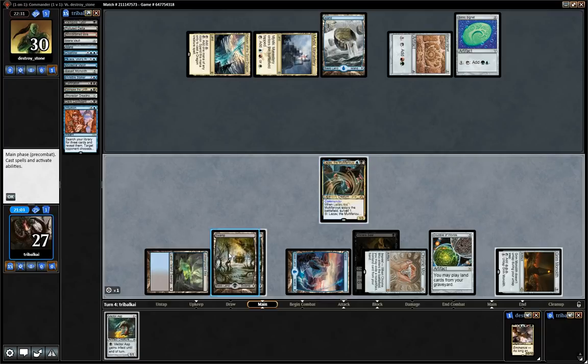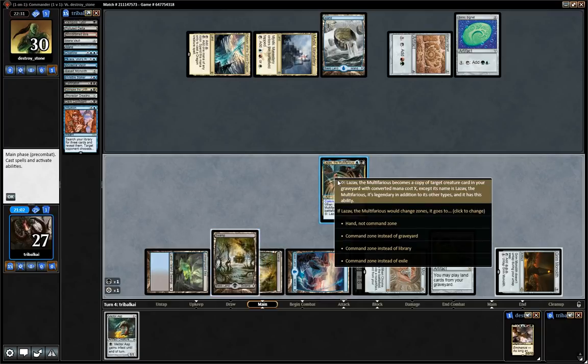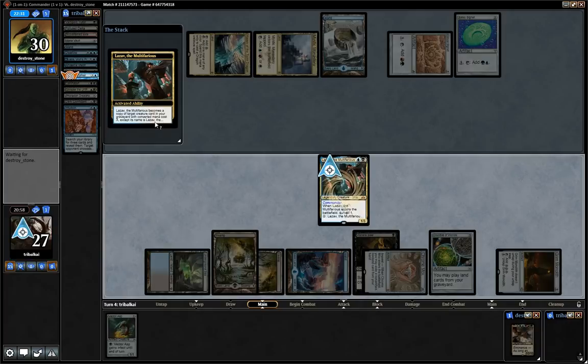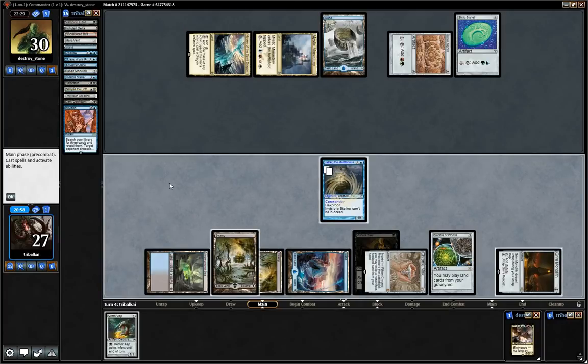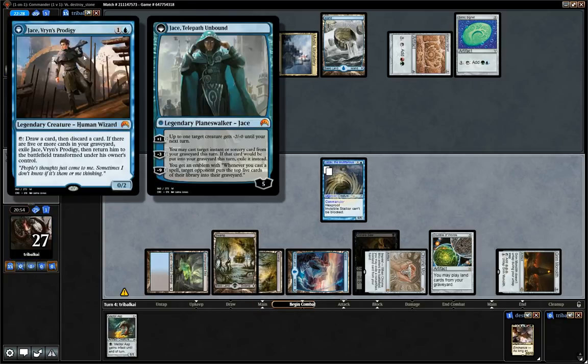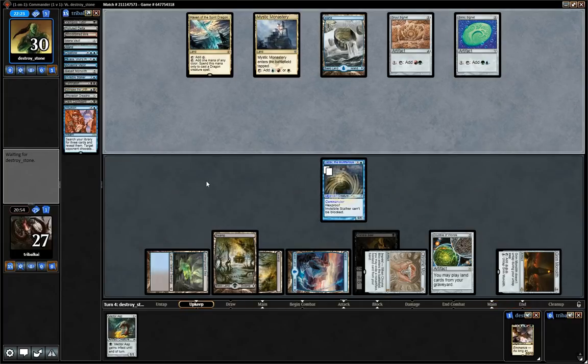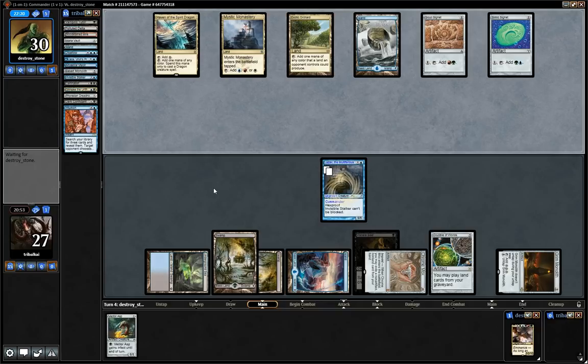Okay, yeah, I think they make the right decision there by giving us Vector Asp, because we don't actually have a means of getting that into the graveyard. Oh, actually, yes, we do. We have Jace Vryn's Prodigy, so we could turn it into that if we're desperate to get the Vector Asp in the bin. But I think what we'll do instead is just go for Phyrexian Dreadnought next turn,